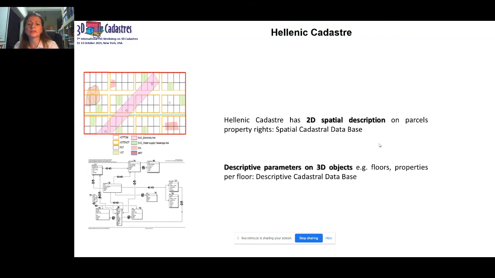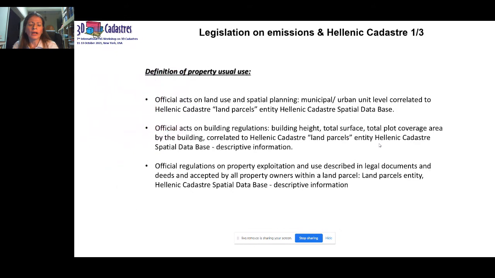The legal description in the Hellenic Cadastre follows the legal description of the Greek property law, which describes clearly 3D objects. So, how can we incorporate legislation on emissions in the Hellenic Cadastre, which is 2D spatial,